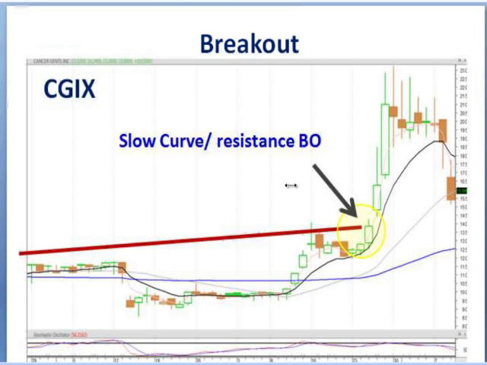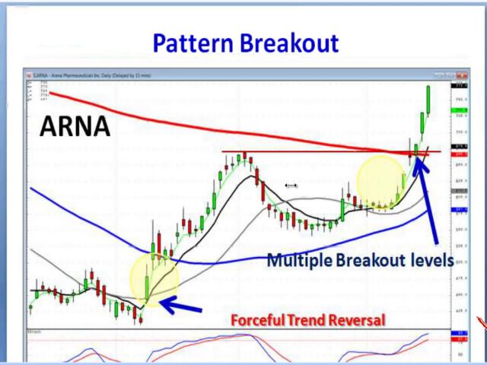So the more pieces that we can put into our analysis, there's kind of our kicker signal gap up. That's a very forceful trend reversal, telling us we've got the probability of a strong uptrend. Or there's our slow curve again. If we were buying here, where's our next target? Up here at the 200. So not only can we analyze what the pattern might be setting up to give us a strong move, we can pretty much calculate where our next target will be, which gives us two